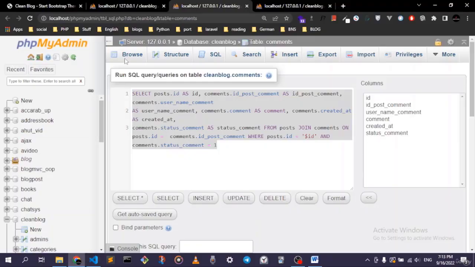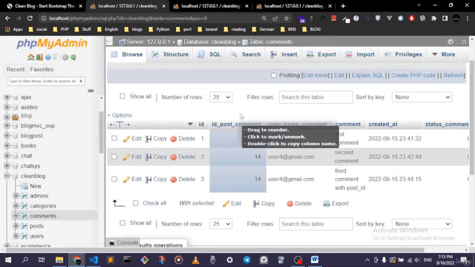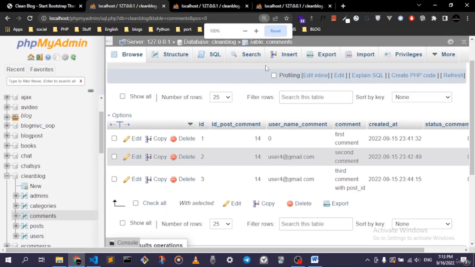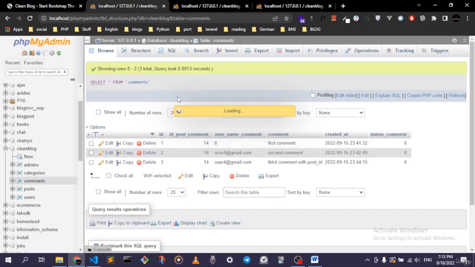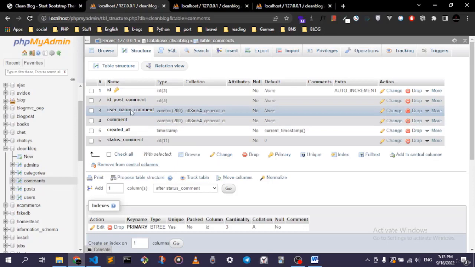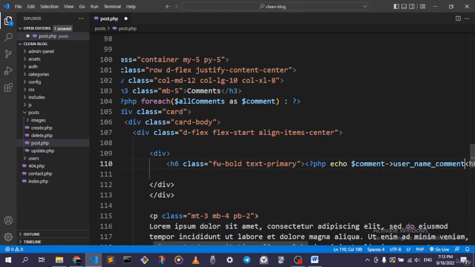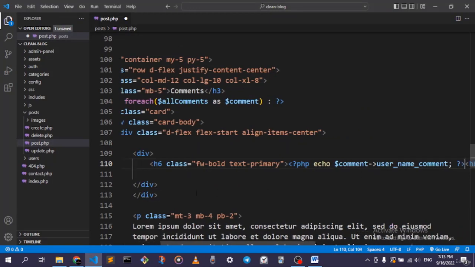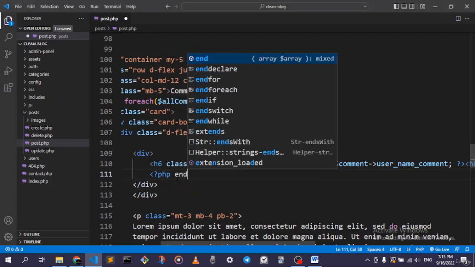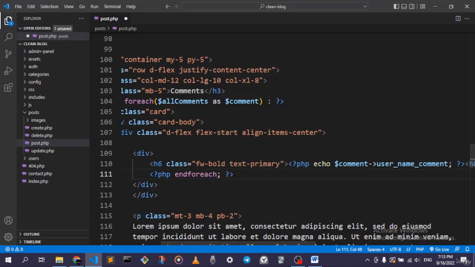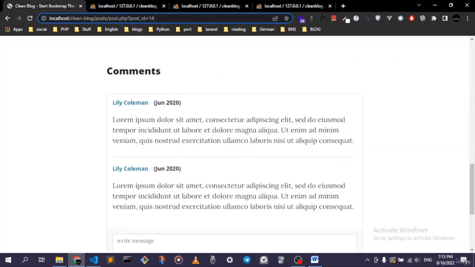Let's go ahead and grab it from here. Reset. So we just don't make any mistakes. There's no room for mistakes here. And let's close this, and let's end the for each. I want to only do this for now, and let's see if we get anything wrong, and now if we refresh this,